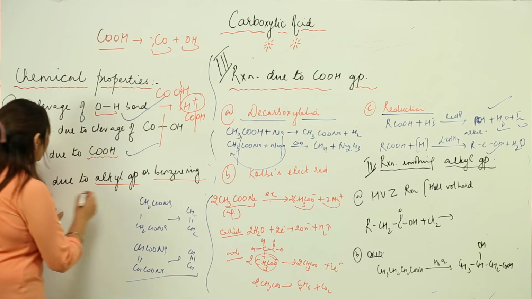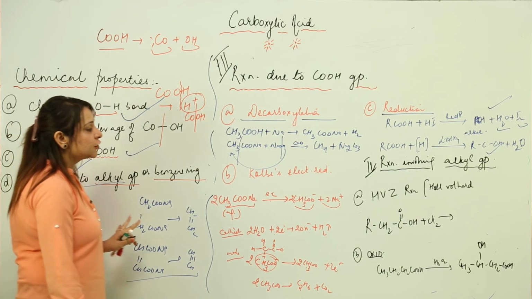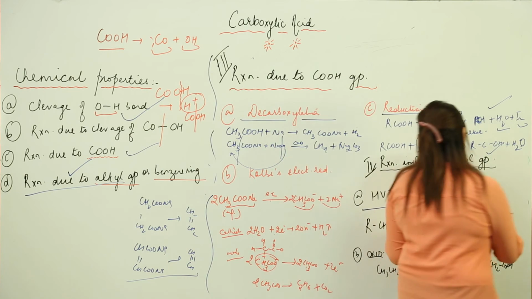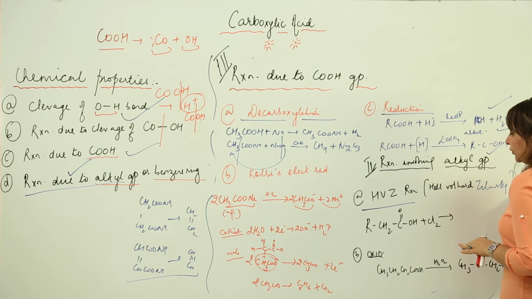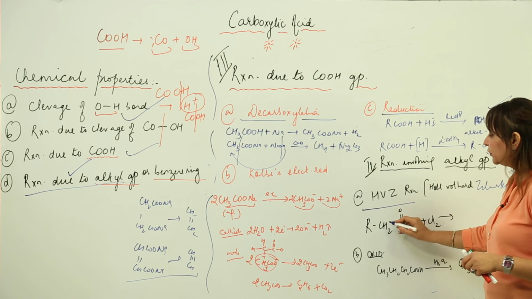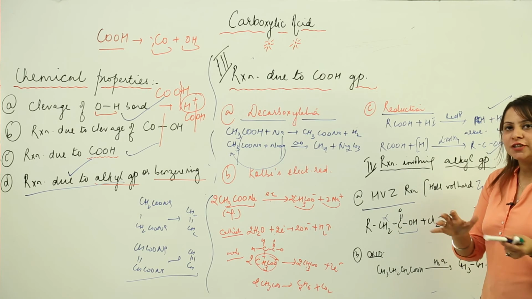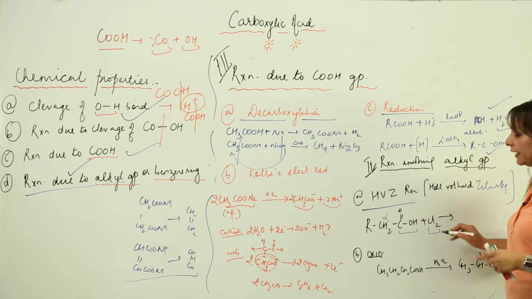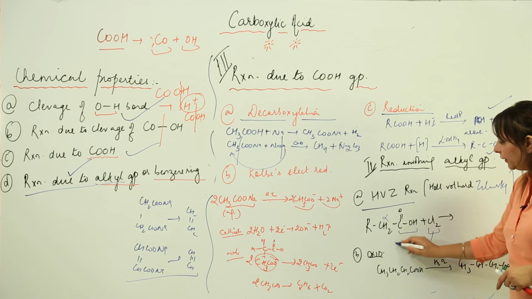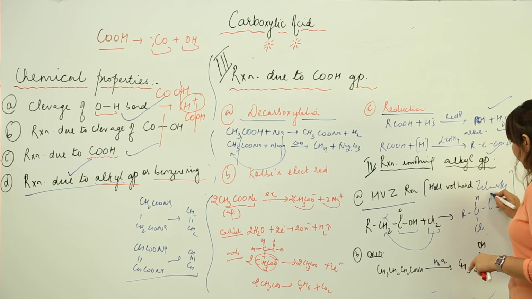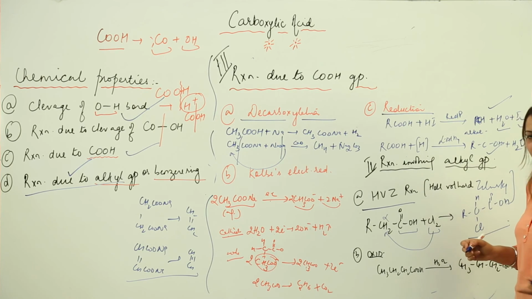The last property which is left is reaction due to the alkyl group. The commonly used reaction is the HVZ reaction, called the Hell-Volhard-Zelinsky reaction. In this the reaction takes place when the carboxylic acid possesses an alpha carbon. We know that the carbon directly attached to the carboxylic acid group is regarded as the alpha carbon. So we add a halogen, and this halogen will replace the H from this alpha carbon. As a result we get this kind of thing, the other H remains as such, and we form a chloro acid type compound.